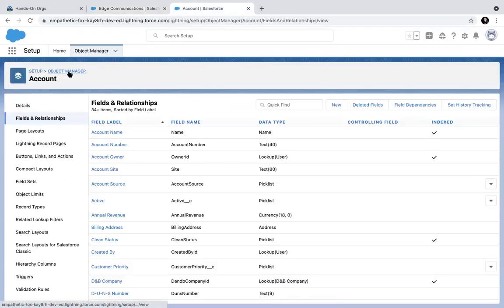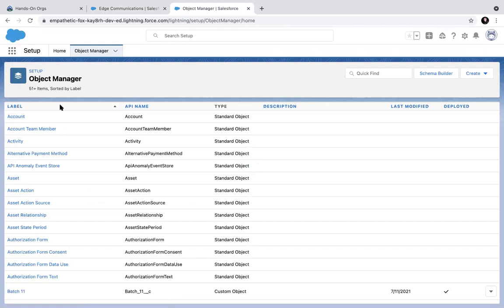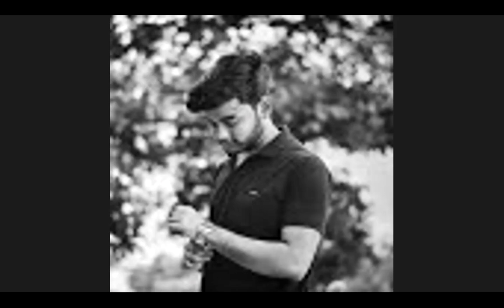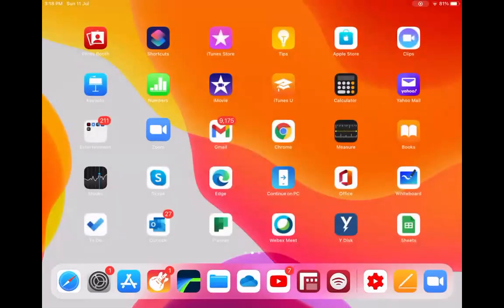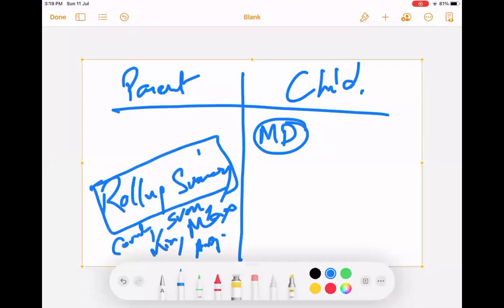So now we have to come to the child side. Let's come to the child side. I will come back to my sheet once again. Apologies for going to and fro, but I think the whiteboard clears up our mind a little more. The whiteboard makes it easier to understand.